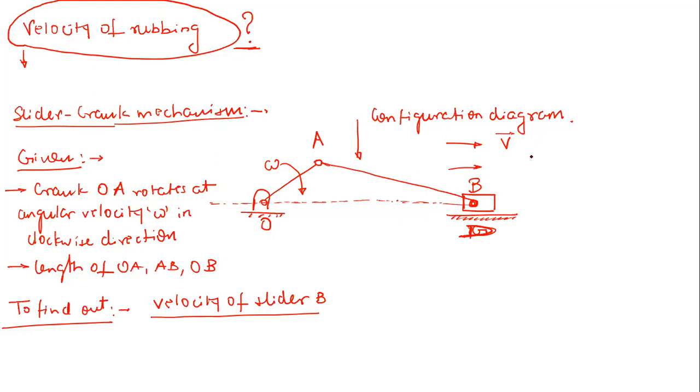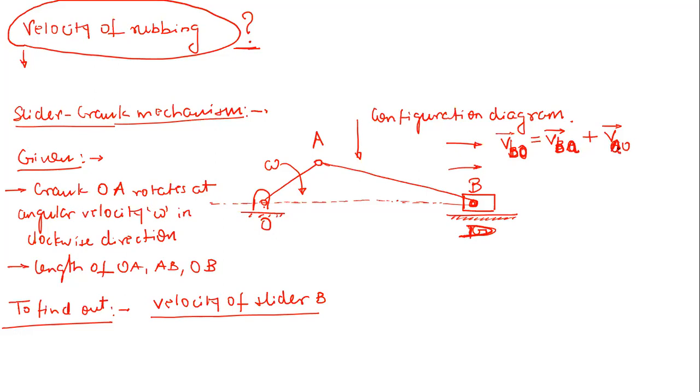So first of all, write down simply that velocity of B with respect to O, right? Velocity of B with respect to O is simply equal to velocity of B with respect to A. Fine, velocity of B with respect to A. So just follow this sequence, nothing else. Plus velocity of A with respect to O. Sorry, let me denote this with the small letters.